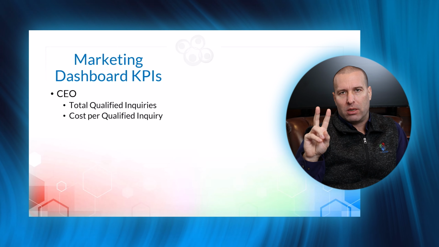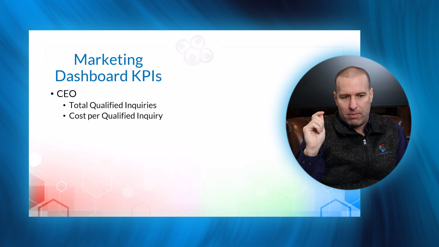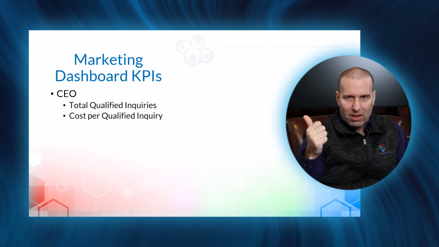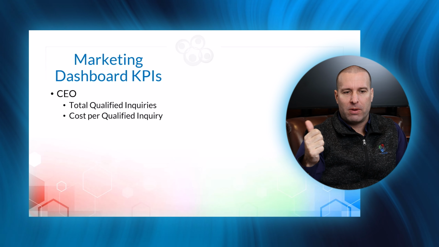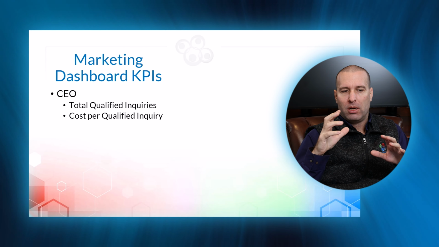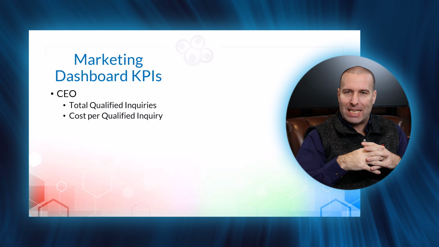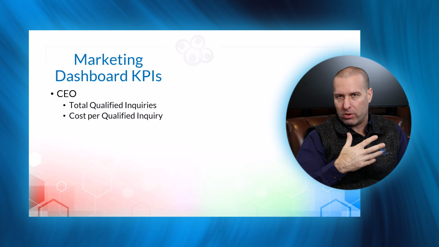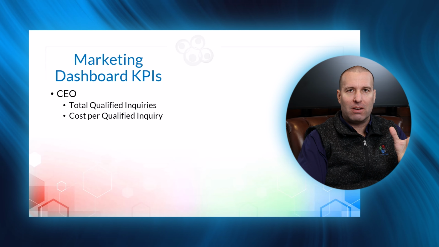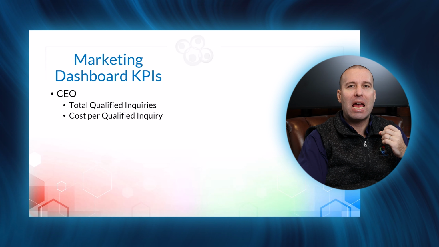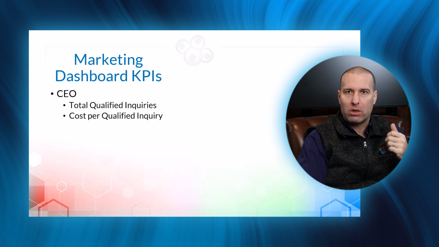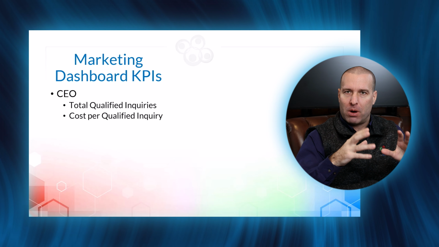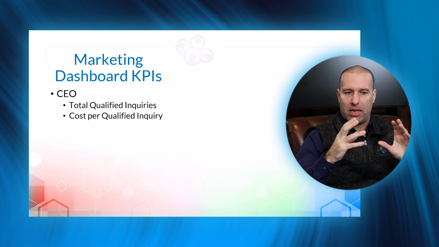So these two metrics are what every single CEO should be requiring from their teams. Total qualified inquiries, and that qualified is really important, and then the cost per qualified inquiry. Now I said total. You'll notice that what I didn't say was qualified inquiry per channel. And this goes back to what we were talking about before. You are not going to have a qualified inquiry from your Facebook campaigns. You're not going to have a qualified inquiry from your television campaigns or your radio campaigns. You do not get that data because they are a different part of the marketing funnel and the customer patient